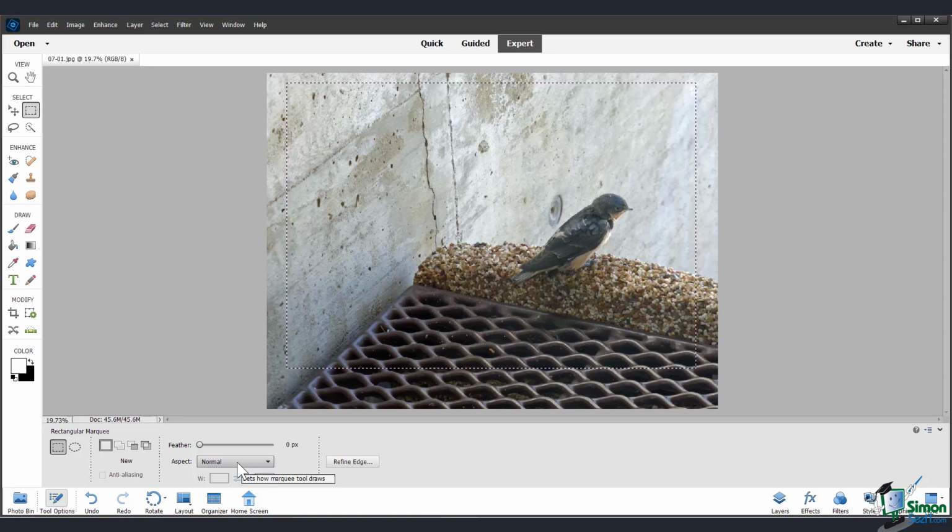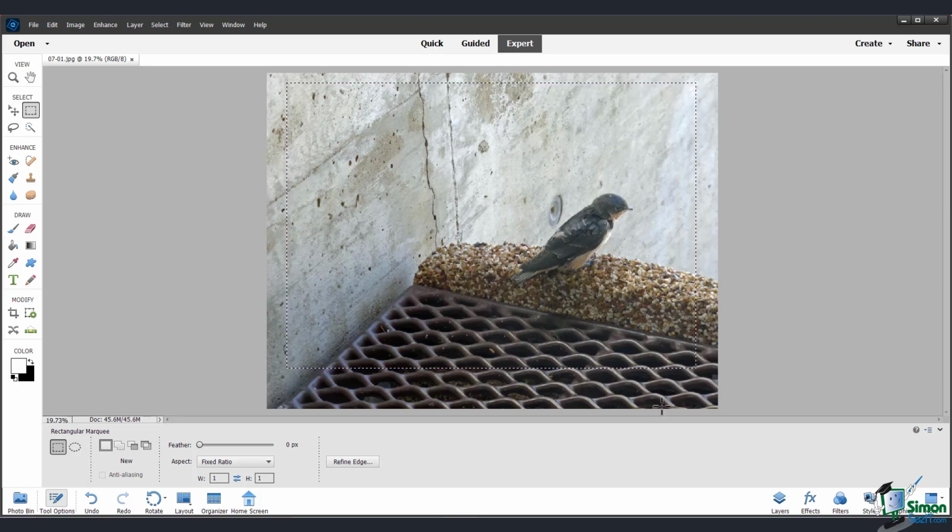You can also choose an aspect ratio that you can set by ratio or size, and if you want to, you can enter the ratio down here. For example, if you have a 1:1 ratio, that means when you draw a new selection, it will be a perfect square. So I've made this selection, and I'm just going to show you what it means to have something